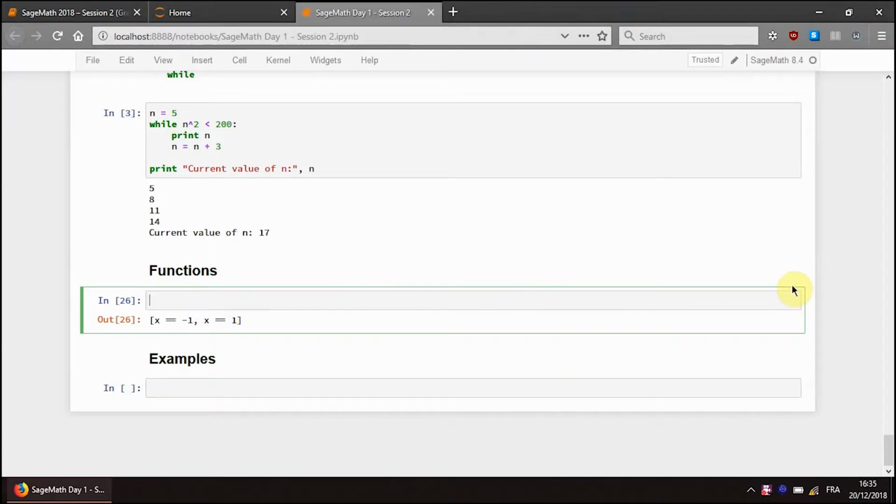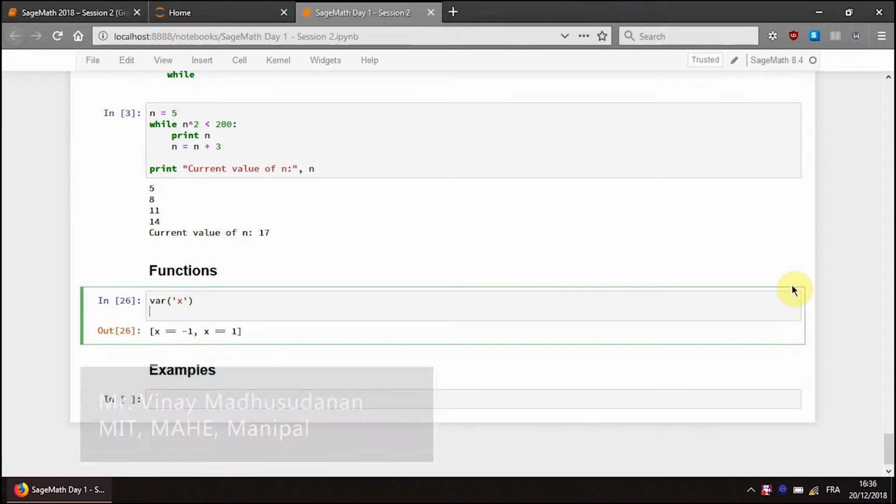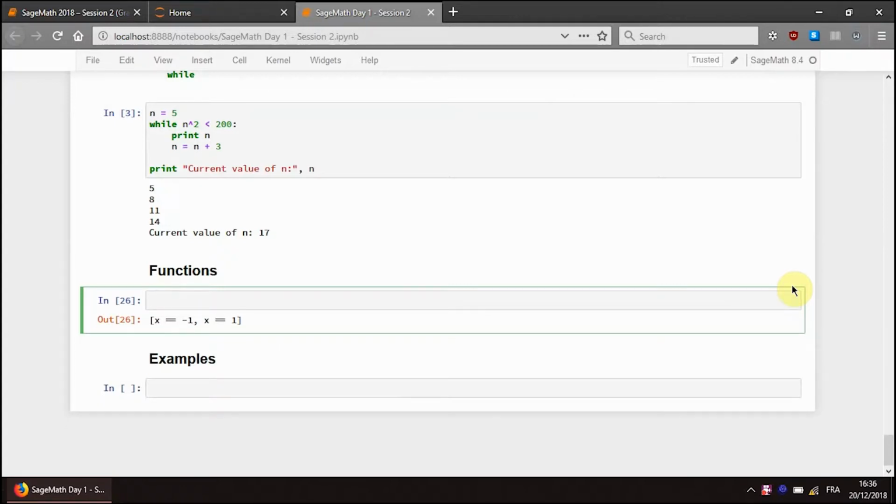So now let's look at functions. You've seen one kind of way of defining functions. Those are actually mathematical or symbolic functions, because there you define a variable and then define a function like this. This is not a programming function, it's a symbolic or mathematical function. So here what I mean by function is